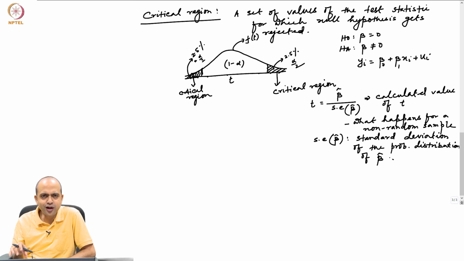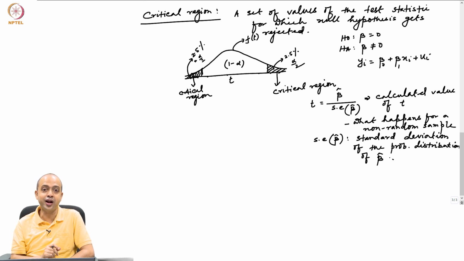So, in a random sample, since there is only one such sample you can collect, you will get only one beta hat. So, distribution of beta hat is not a possibility when you are going for non-random sampling. That means you can estimate your beta hat with that non-random sampling, but you cannot go for hypothesis testing, because hypothesis testing requires this statistic to be computed, which again requires standard error of beta hat to be computed, which is nothing but the standard deviation of the probability distribution of beta hat,